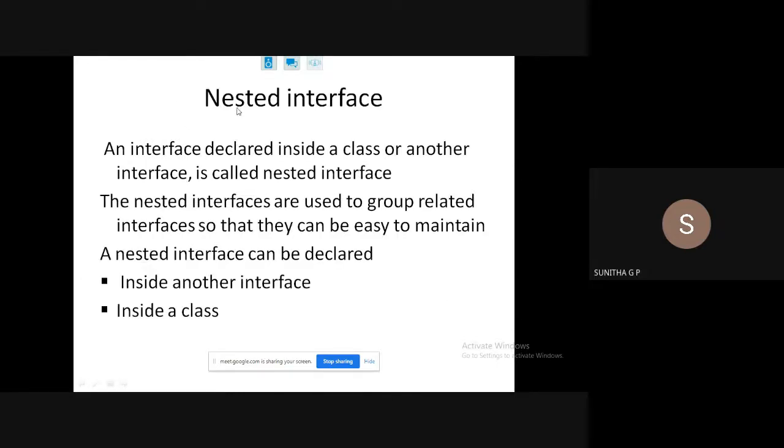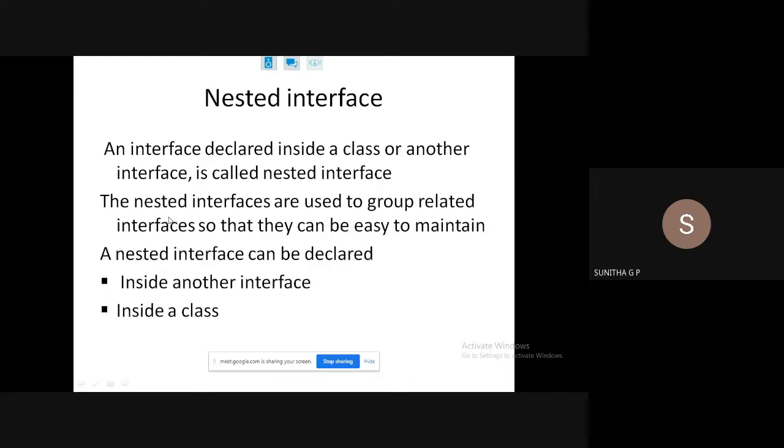And what is a nested interface? The programs with respect to this we will discuss, whereas first we'll see what a nested interface is. An interface declared inside a class or another interface is called a nested interface. Okay, so we have studied about nested classes, right? Nesting is possible when one outer thing will be there, and inside that we declare an inner thing. That is what we say nesting. Okay, so a nested interface is what? Either inside a class you can declare it, or within another interface you can declare one more interface. So this is a nested interface.